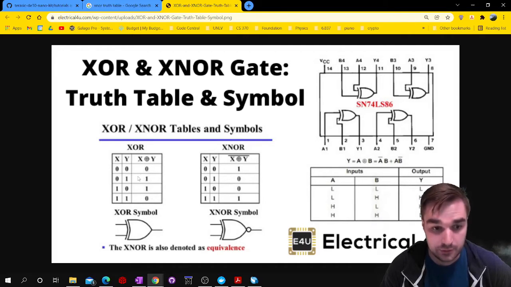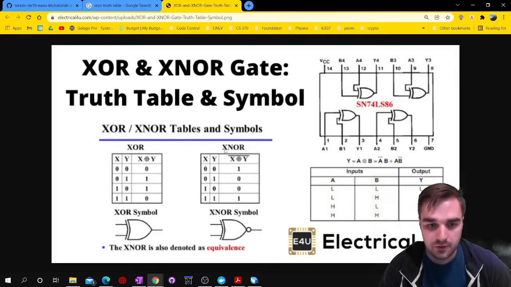An XOR is exclusive OR. So you're saying I need to have one or the other exclusively. It can't be both. So you can see if we have nothing, our output is no. If we have one, we have a 1. We have 1 exclusively. We have just the Y exclusively. If we have the X, we have the X exclusively, so we have a 1. But if we have both of them, that is not an exclusive OR. We need one or the other, but not both. And we have both, so it's saying false. We're not going to give a green light because,